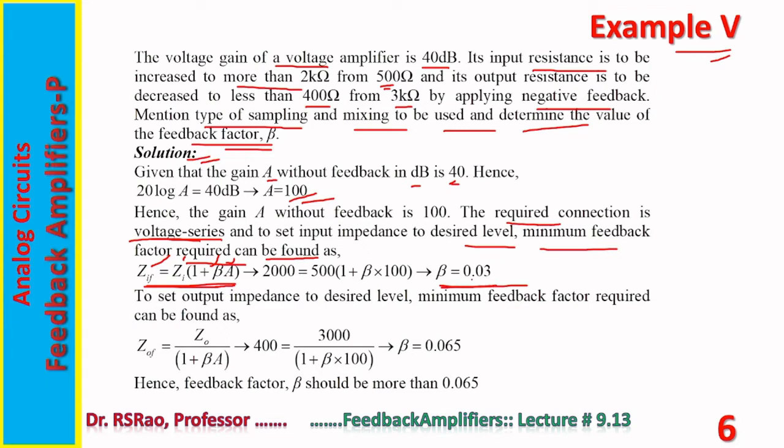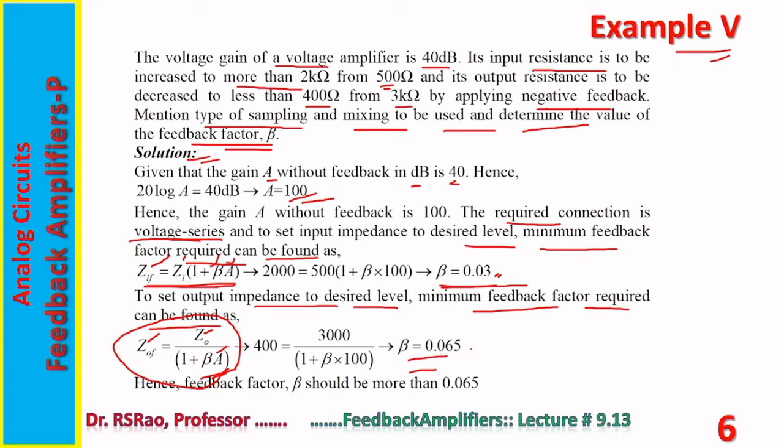So a minimum feedback factor of 0.03 is required so that input impedance rises to about 2 kilo ohms. To set the output impedance to desired level, minimum feedback factor required can be found using the relation Z0F equal to Z0 by 1 plus beta A. This is the output relation when voltage sampling is adopted. So Z0F is available, Z0 is available, A is available, beta can be determined. It turns out to be